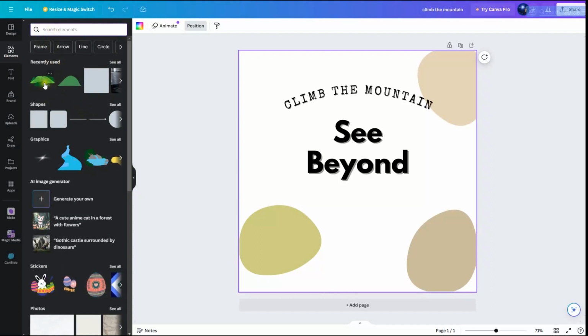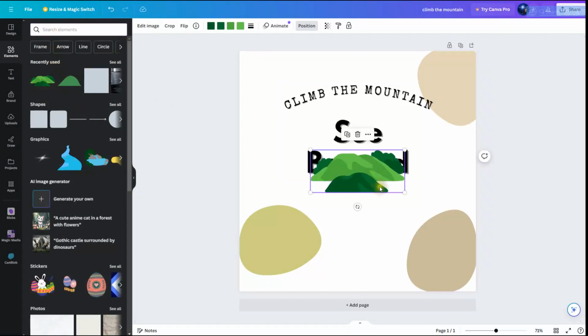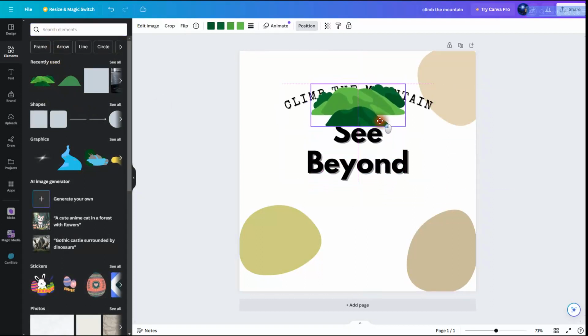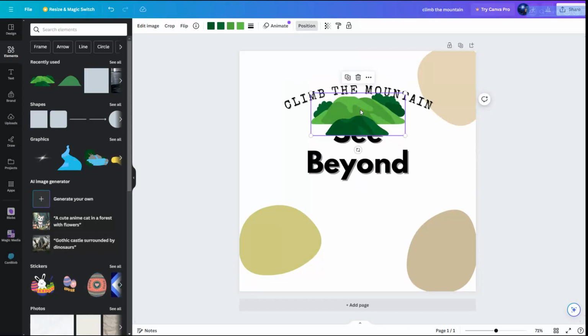And what I want to do is click on one of the heels that I want to use, and there it is. So I want to use this heel, and you notice right away that it is covering up my text, and I can move it by changing its position behind the text. But first off, I want to change and customize my clip art. I can actually do that.